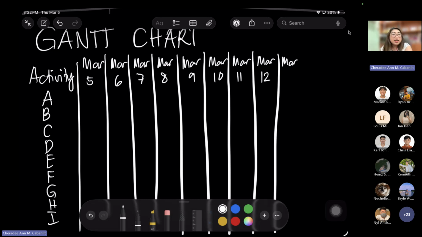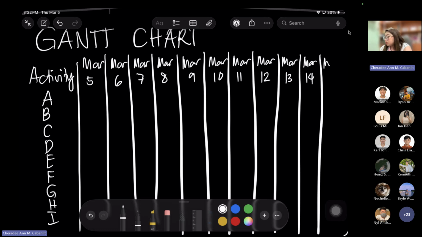Because that was the critical number of days provided based on my computation above. So I should finish by 12 days. When is the 12th day? I think it's March 16. 5, 1, 2, 3, 4, 5, 6, 7, 8, 9, 10, 11, 12. So I will end the activity on March 16.